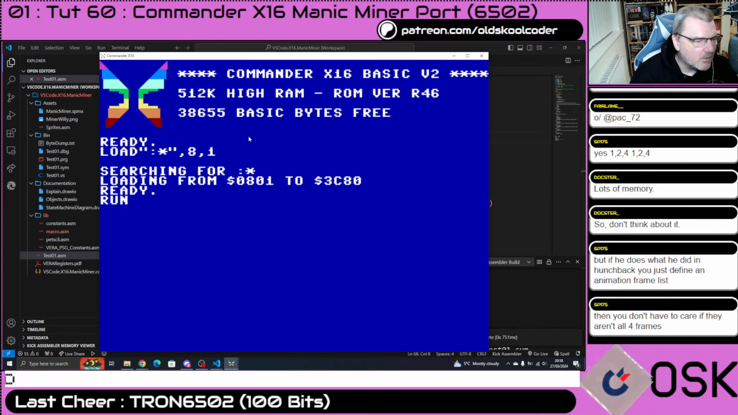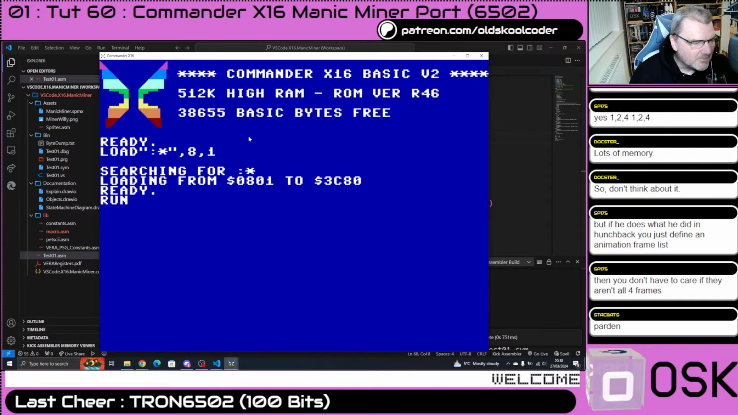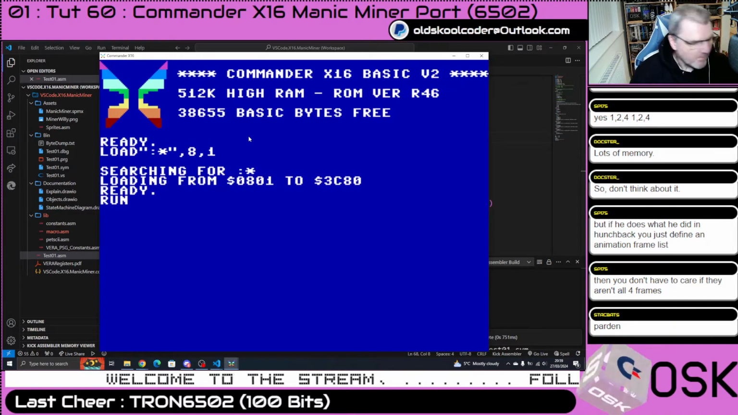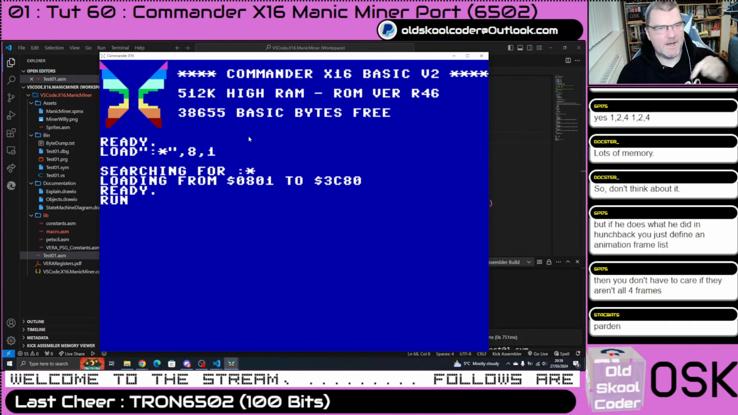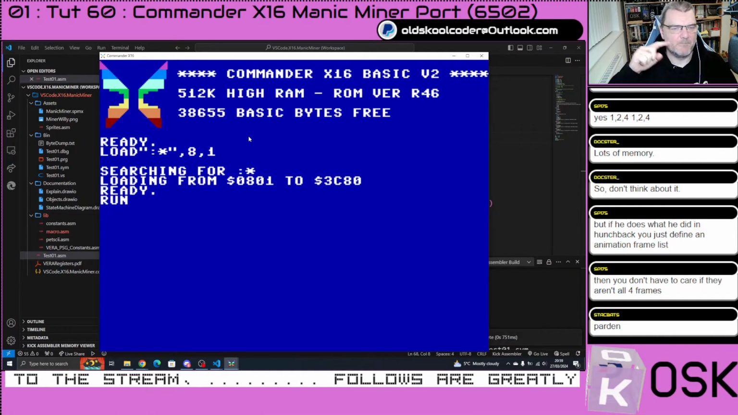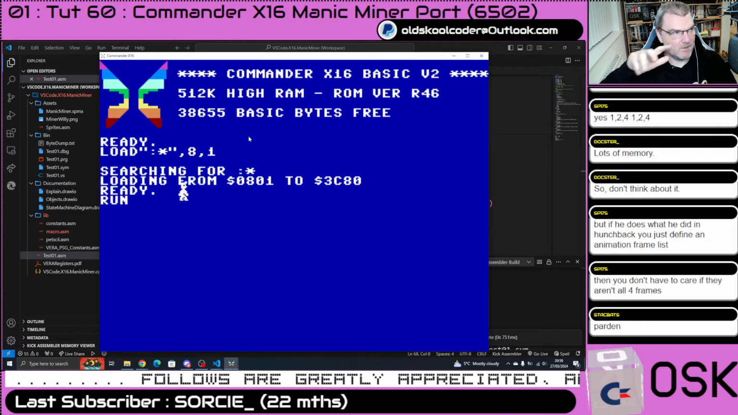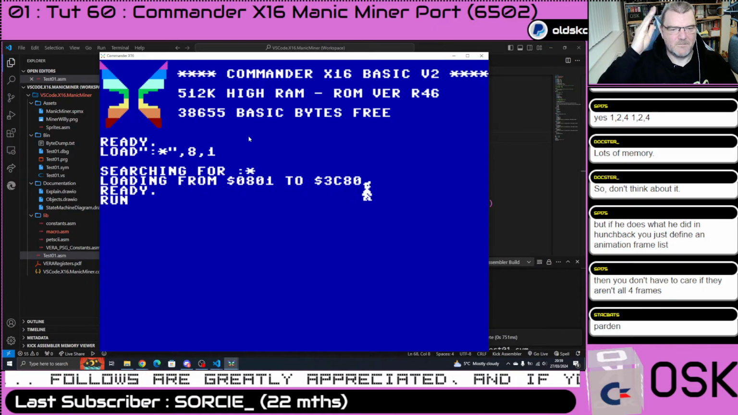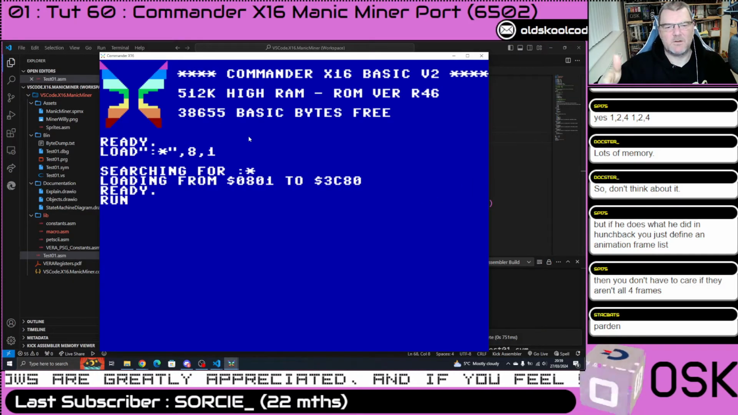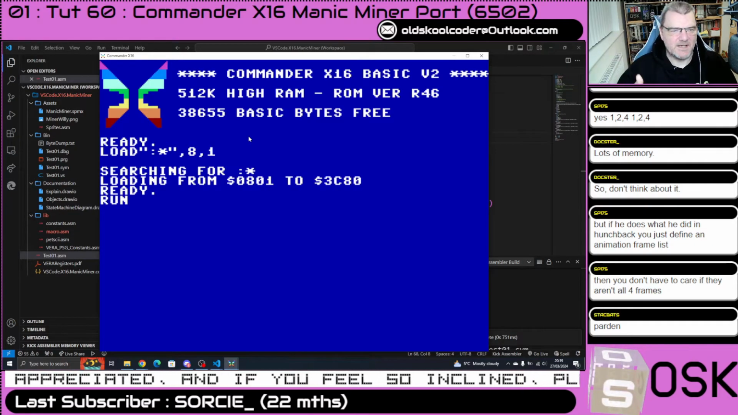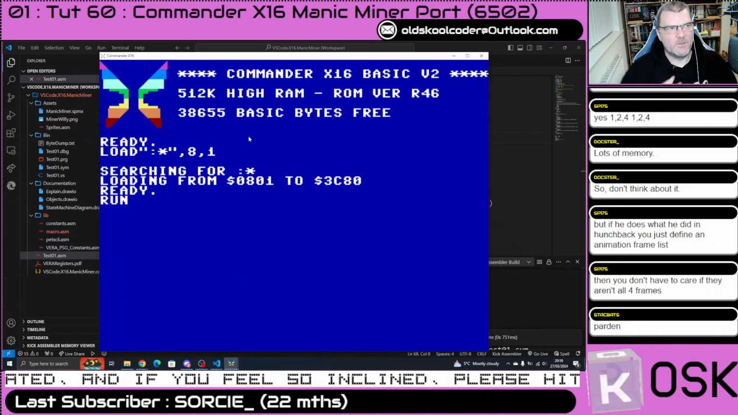Oh, hang on. If he does what he did in Hunchback, you just define an animation frame list. Yeah. But the thing is, in Hunchback, we defined the sprite pointer array. So it was pointer 10, 11, 12, 10, 11, 12. We can't do that. Now the pointer is actually an address. So the way we've done the macros is